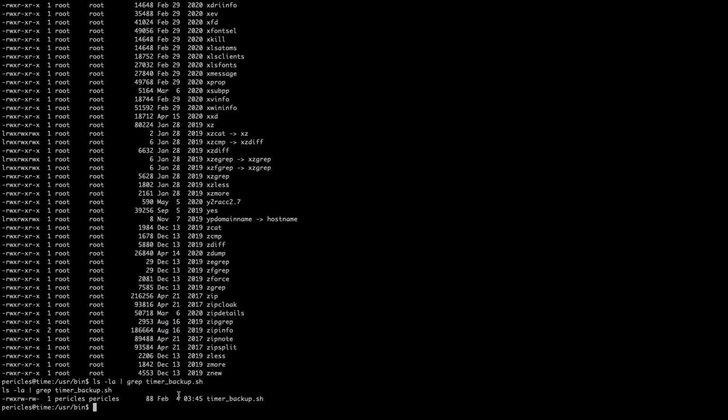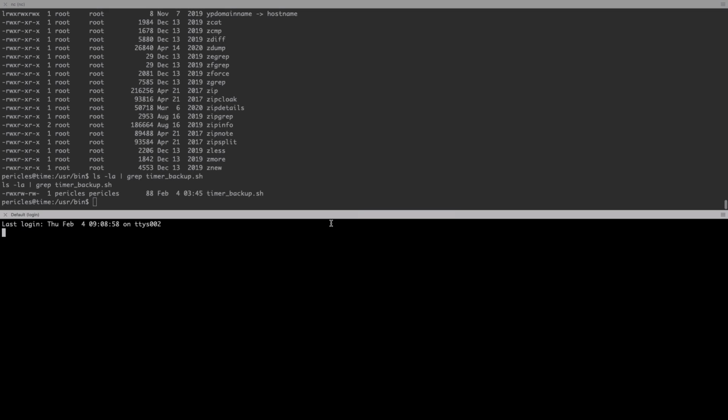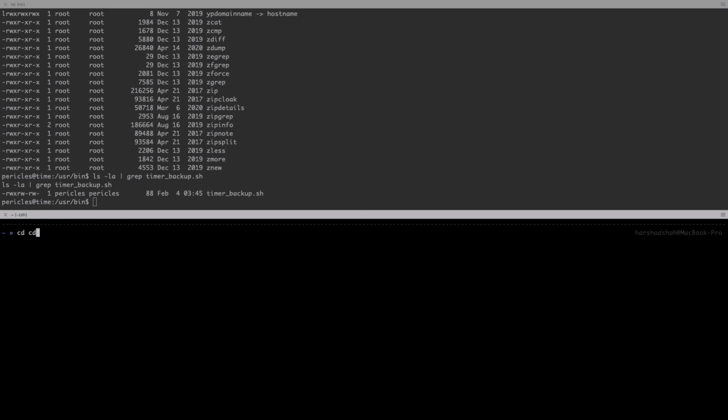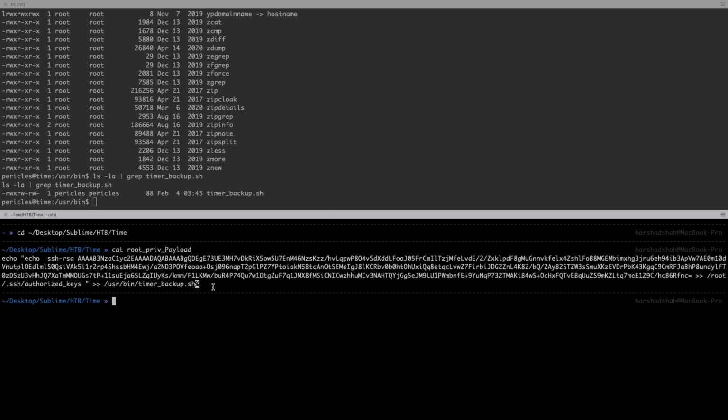So what I can do in this section, I can show you by splitting horizontally. Here you can go with the ls command, and let me go to Sublime. Before this I need to go to the desktop because this is the location where I am working. Desktop, Sublime, stb, then we have a time. If you check, in my case I have used a root privilege payload, and this is exactly what I am using here, you can see clearly.